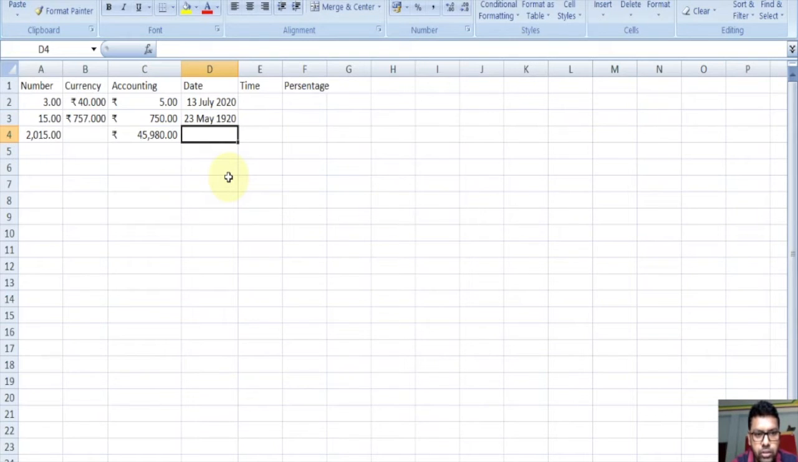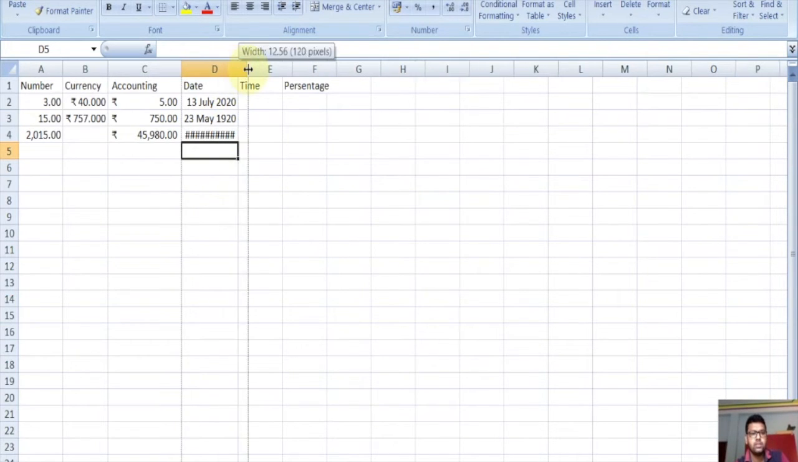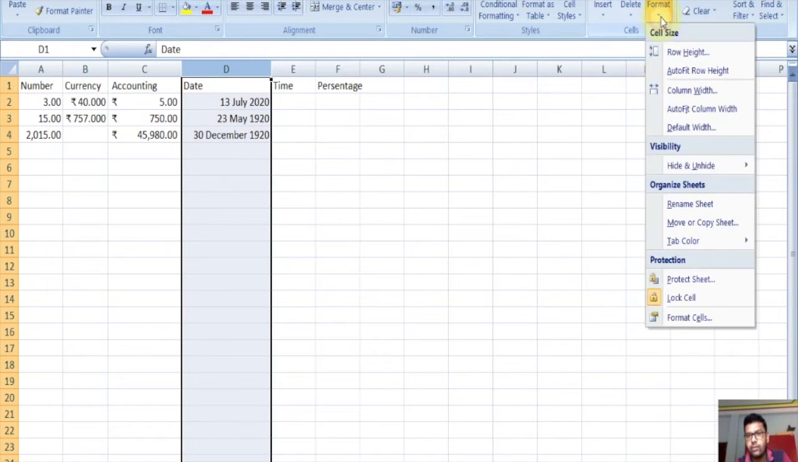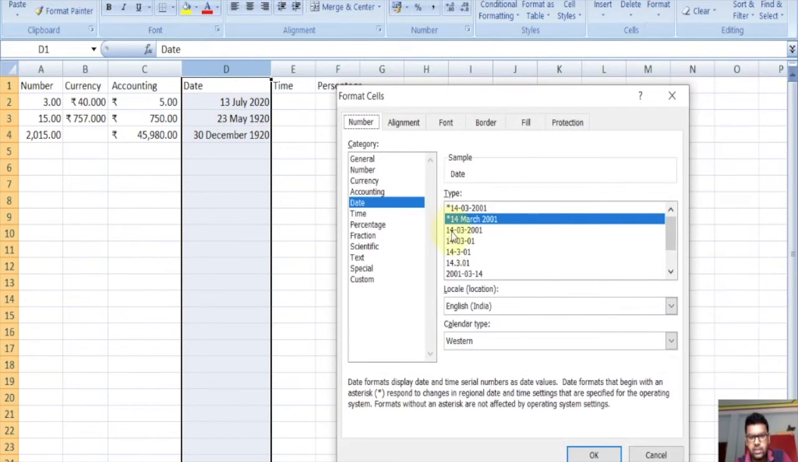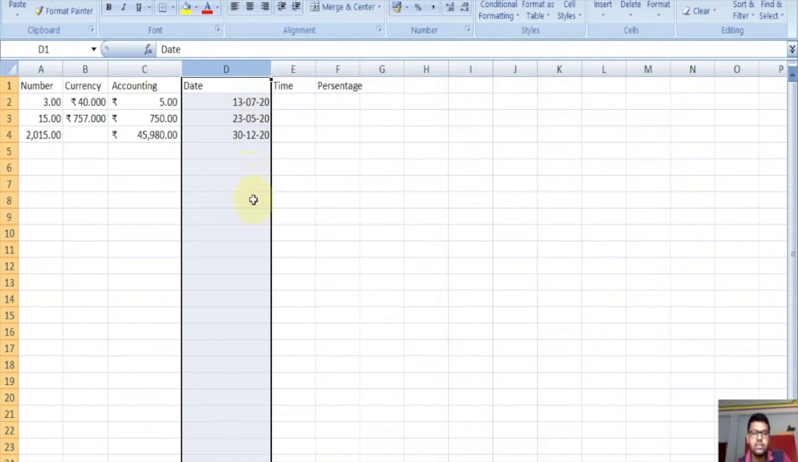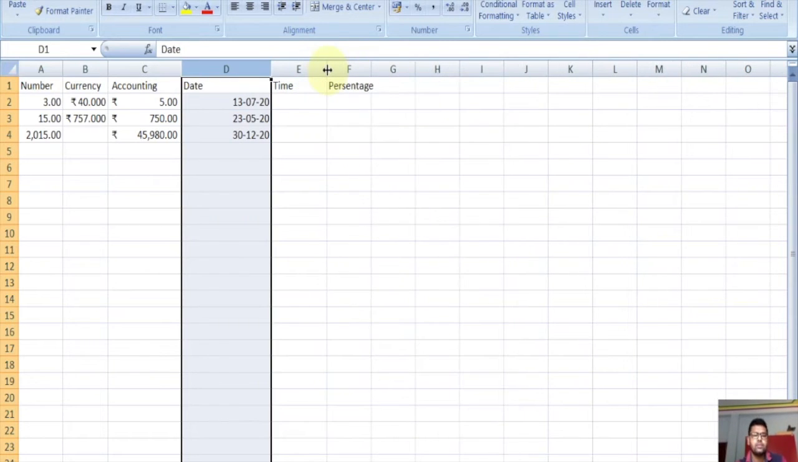30th May 1920. We want 30th December 2020. We can change the format by clicking here, format cell. We can change it to this type, click on OK, and the format is changed like this. The format has been changed. And for time format